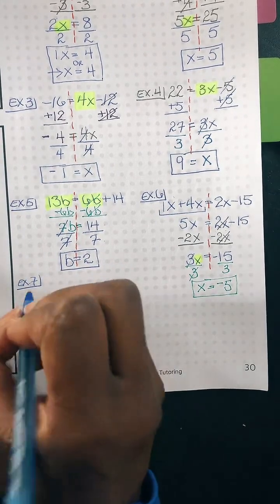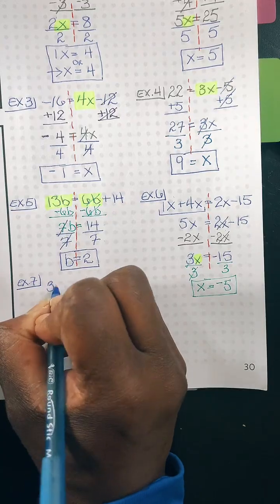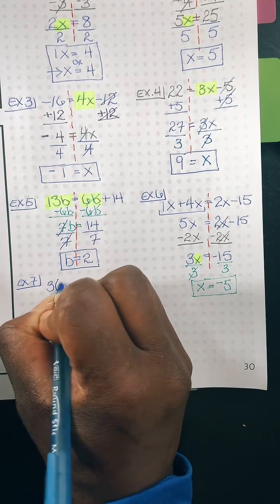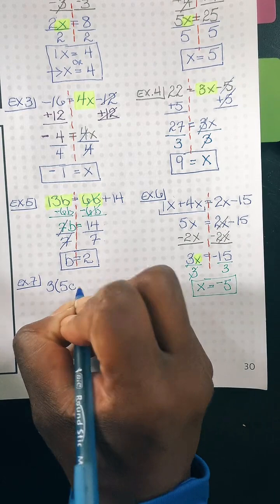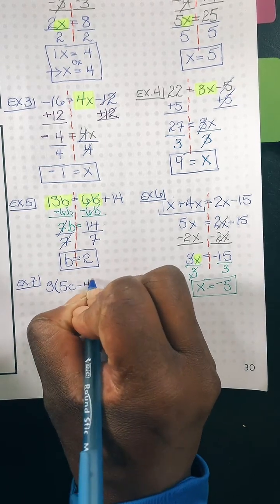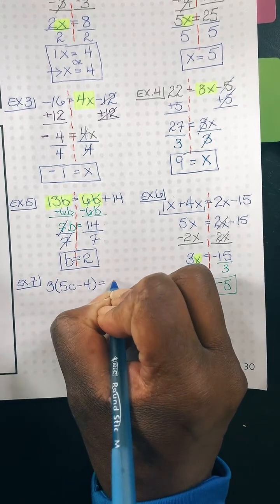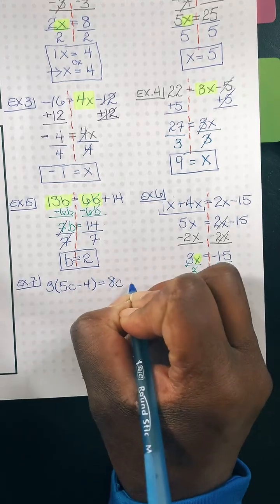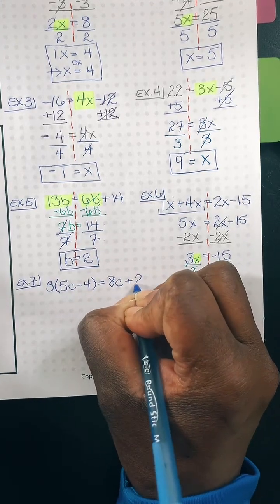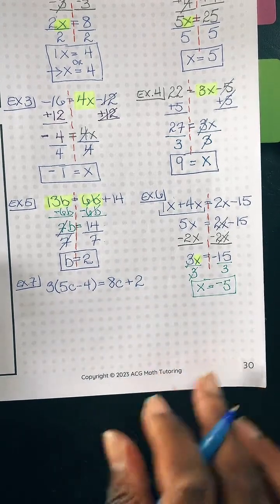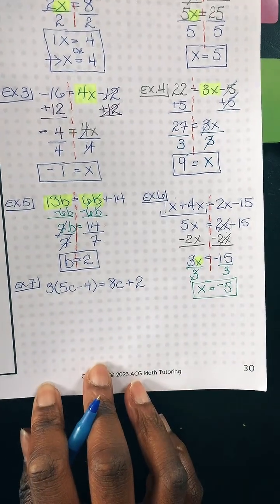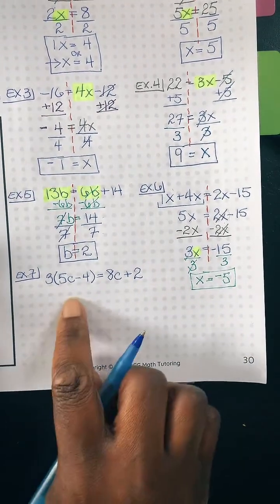And then we're going to do this. So 3 times 5c minus 4 equals 8c plus 2. You're probably like, girl, you lost your mind. No, I didn't officially lose my mind. But